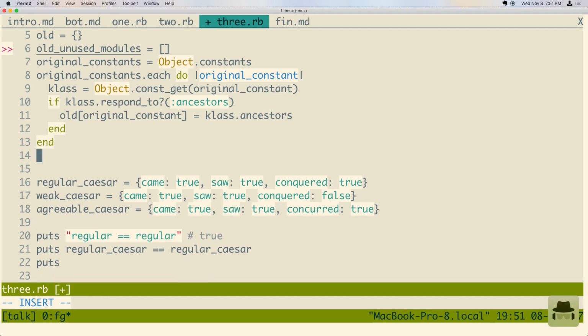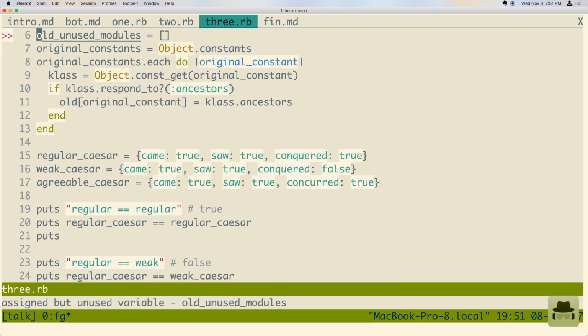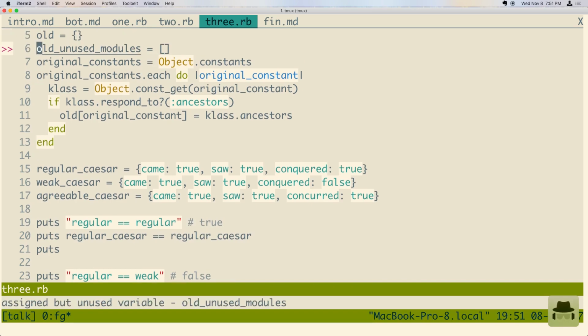Okay, so we're trying to build a list of, we're going to find all the modules and then find the ones that don't exist, or that aren't being used. To avoid, so we're already going through in one loop, and we're going to do something that compares another set. So I'm going to start here and just do,